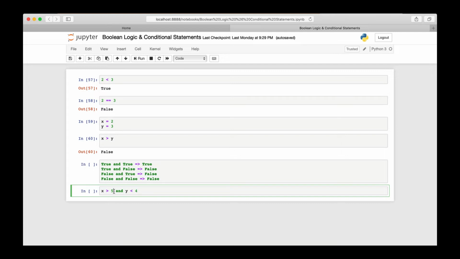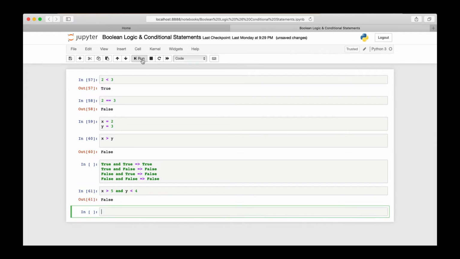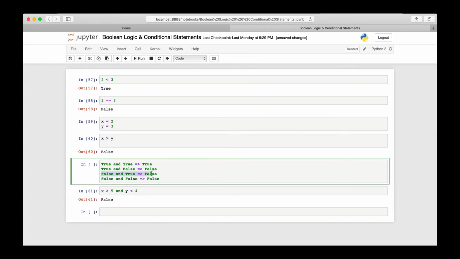Given that x equals 2 and we are checking if x is greater than 5, the first condition is false. Given that y equals 3 and we are checking if y is less than 4, the second condition is true. So we have false and true, and when we run it, we get false,